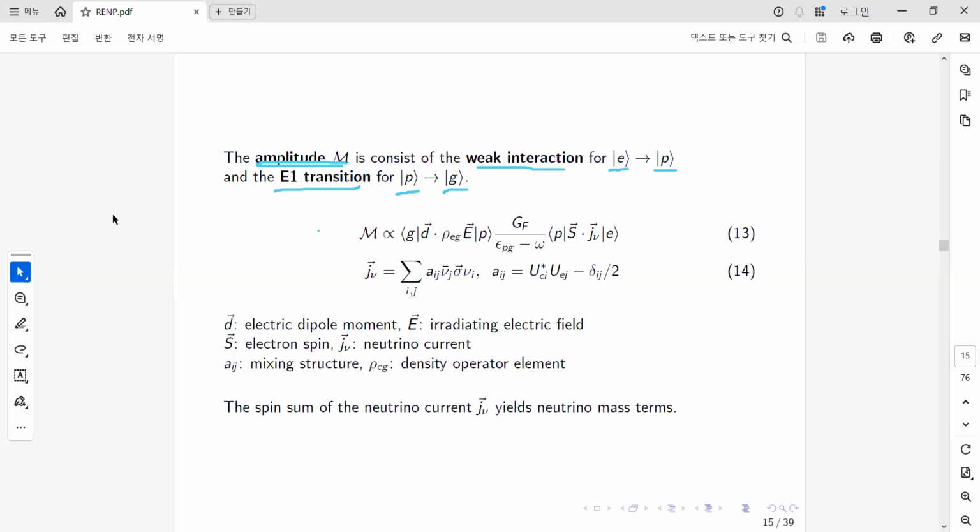So this corresponds to the QED transitions. This is the electric dipole moments and the external energy in here, and the density matrix consisting of the excited and the ground states. And this is the weak interactions. This is a neutrino current, and S is the corresponding electron spin, and G_F is the Fermi constant from the weak interaction terms. So this is a neutrino current, and also